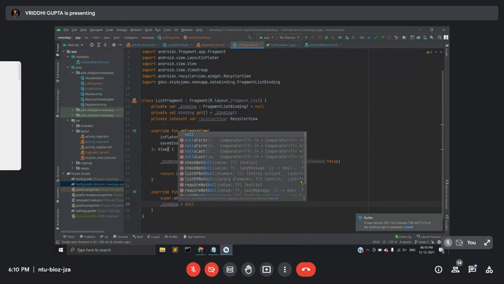So this on destroy view is called when the view previously created by on create view has been detached from the fragment. This call can occur if the host activity has stopped, or that particular activity has removed this list fragment. So when this happens, then on destroy view is called. So we have defined that.